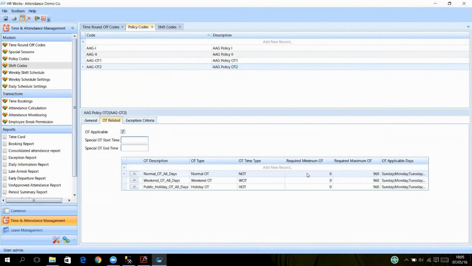Now, for calculating overtime, there is a required minimum overtime. The employee has to work at least 1 hour, and only then will the system count it to calculate the overtime. Or we can say required maximum overtime, meaning we can put some ceiling hours. An employee can have a maximum of 4 hours overtime in a day. These types of policies we can create from the policy codes, and after that we can link this policy code